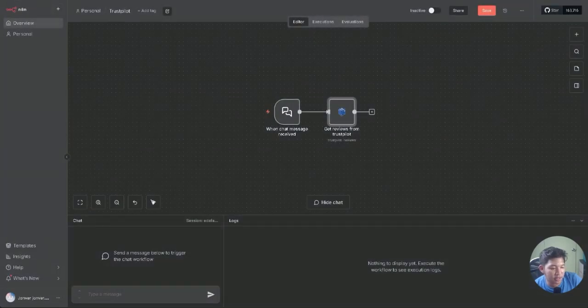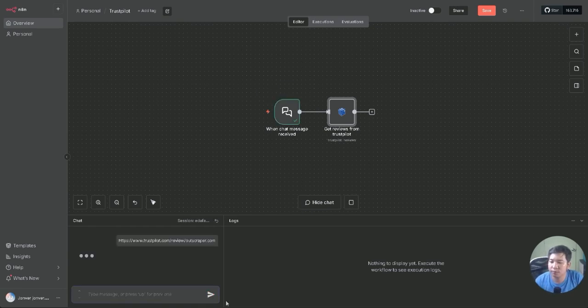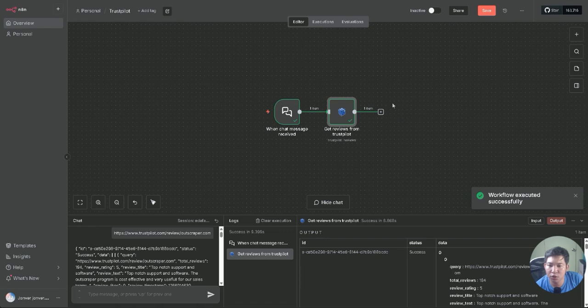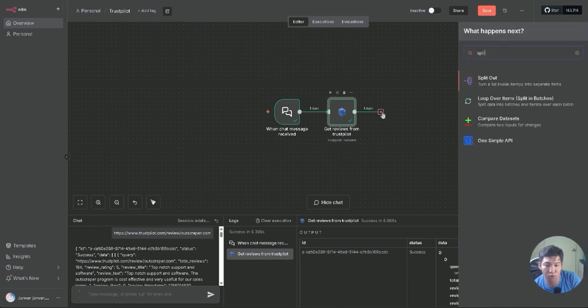Now let's test. Let's test the workflow if it's working and if it's connected properly to our chat trigger. As you can see, it only returns one item, so we need to use a split out node to split